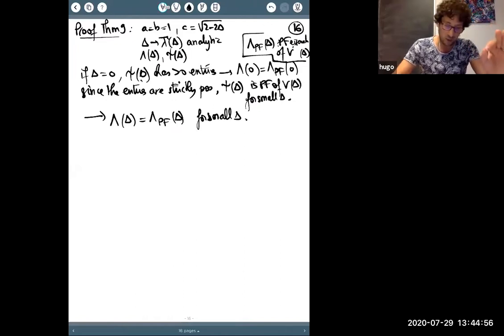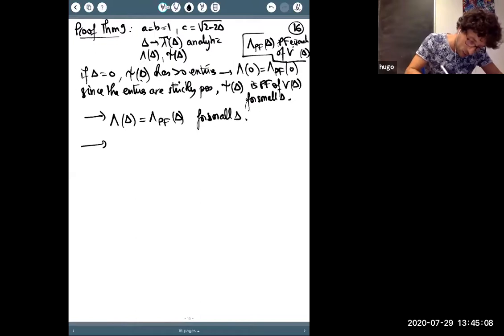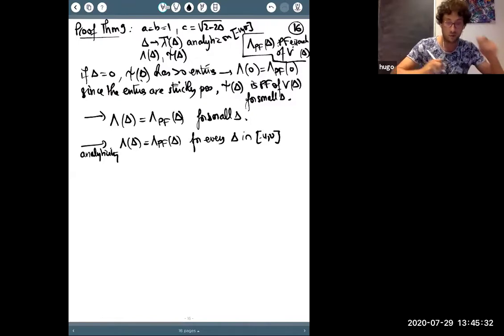Therefore, you are the Perron-Frobenius eigenvector. Therefore, lambda of delta is lambda Perron-Frobenius of delta. But now, everything is analytic. So if everything is analytic, this was by analyticity, this implies that lambda of delta is lambda Perron-Frobenius of delta for every delta in your set, that says that it's analytic on minus uv. So in minus uv, okay, u and v are positive numbers,